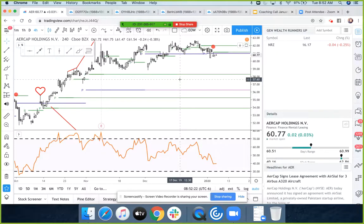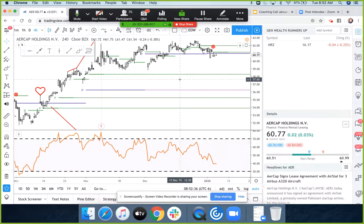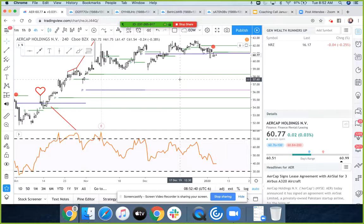AER. Okay, finally got a perfect trend. Bearish divergence, bearish profit circle. I don't like this company. It has too much debt. I got burned on this company the first time. I'm not going to get burned again. I'm going to buy the April $60 puts. Well, it's $2.13. The February $60 puts are $1.35. That gives me until February 21st. It's more than 45 days. And I'm going to buy those for